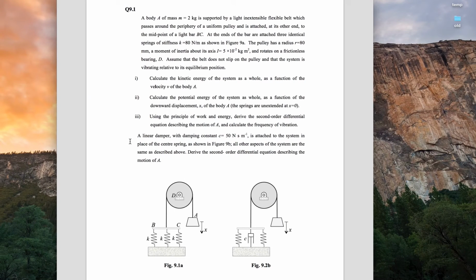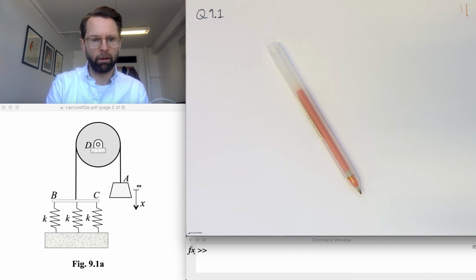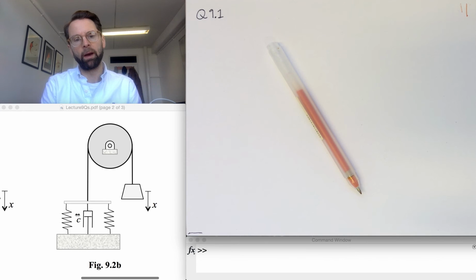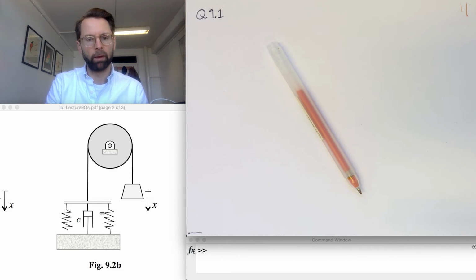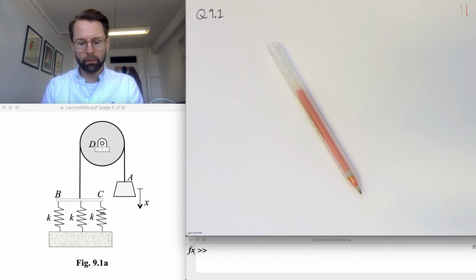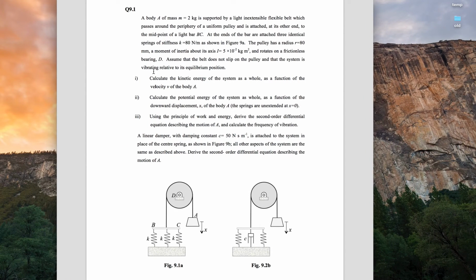And in the question, it leads us quite kindly through the process which will generate a second order differential equation, and from there we can evaluate what the natural frequency of this system is. Now, the second half of the question then asks us to work out what happens when you put a damper in there, a dash pot, in place of one of the springs, but we'll get to that in a bit. So let's start with part 1 that asks us to calculate the kinetic energy of the system as a whole